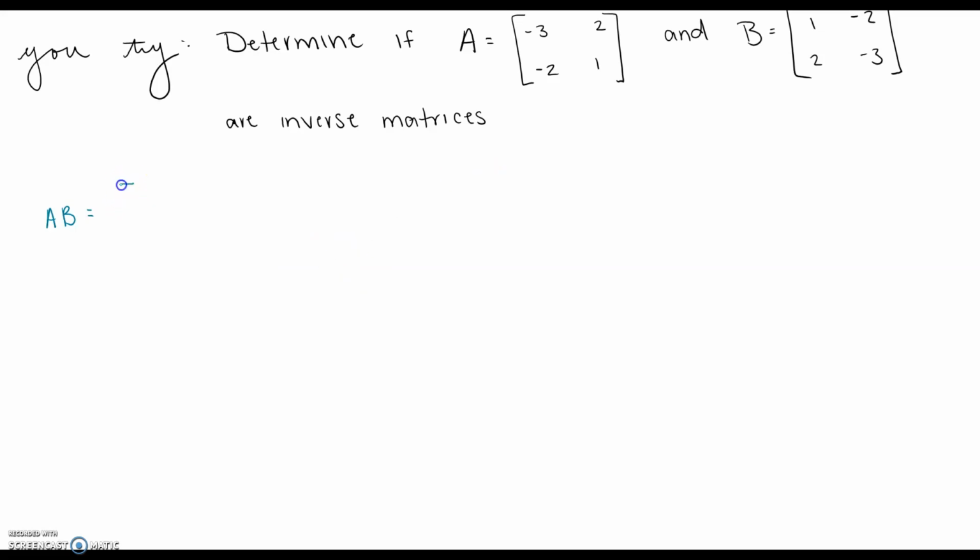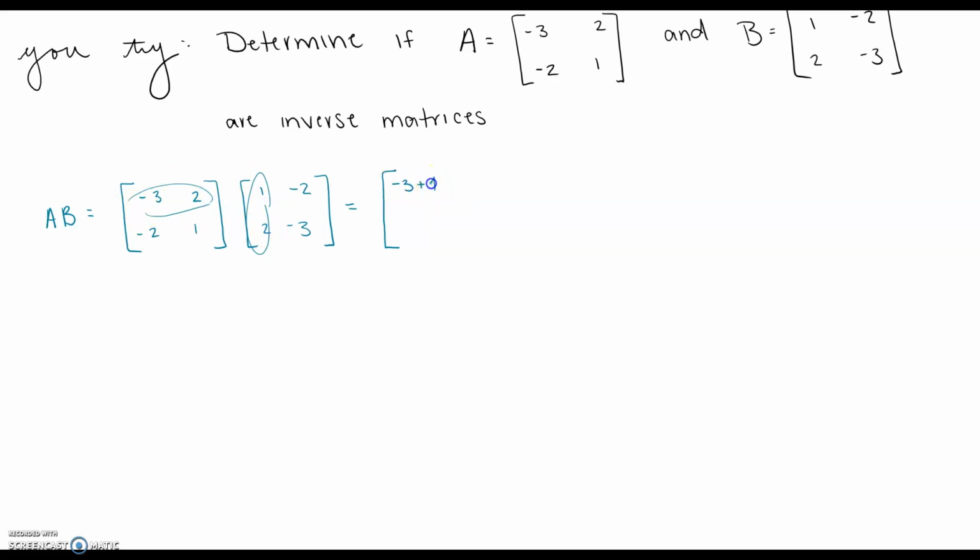So matrix A, -3, 2, -2, 1, times matrix B, 1, -2, 2, -3. And then you can also be checking your work right now. So for multiplying, I'm going to take this row, multiply it by this column, and add. So -3 times 1